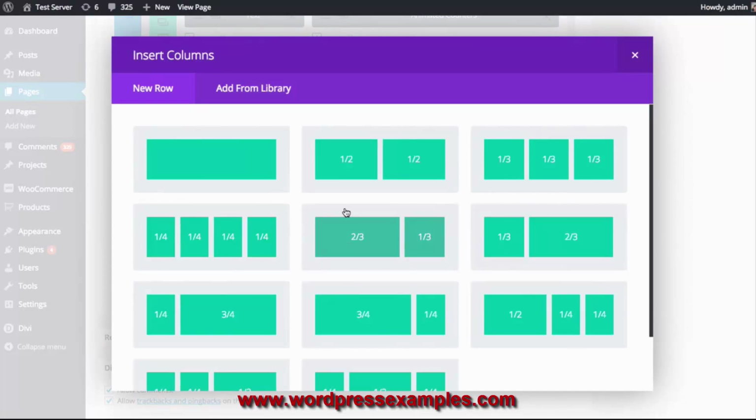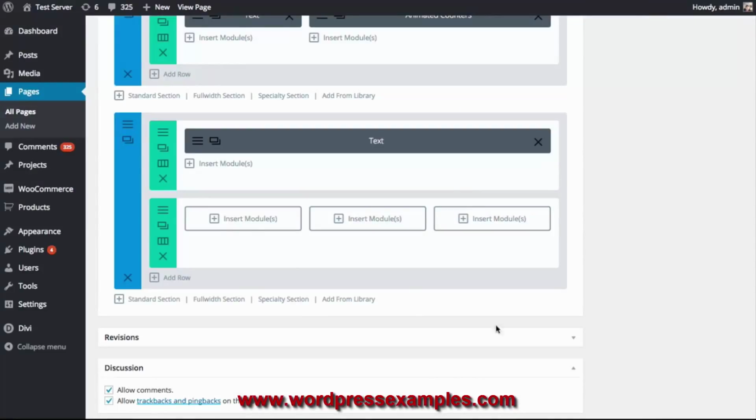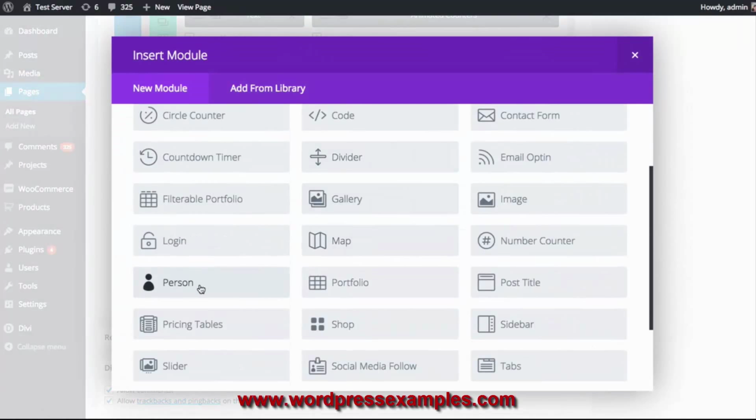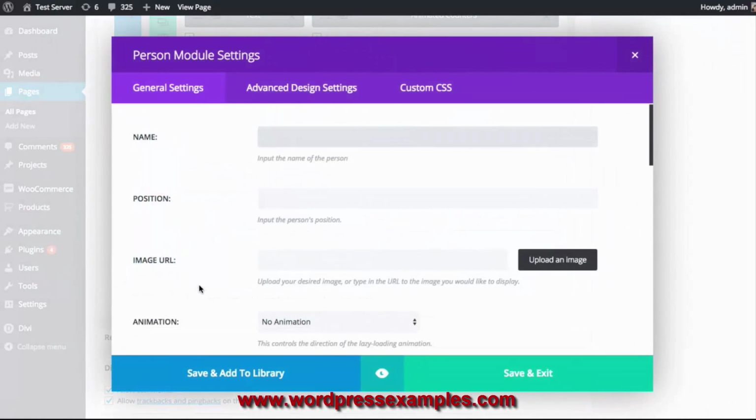Since we're adding 3 personal bios, I'm going to choose a 3 1/3 column row, and I'm going to insert our first person module by clicking the Insert Modules button here in our first column. Locate the person module, and once you click on that, you're going to be greeted with the various person module settings. Now, as with every Divi Builder module, settings are separated into 3 tabs: General Settings, Advanced Design Settings, and